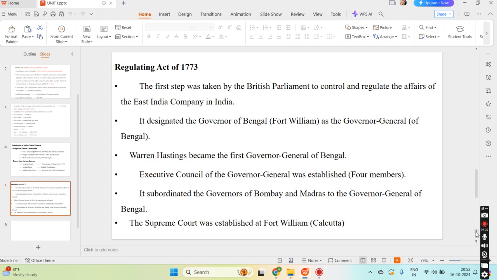And next is the Regulation Act of 1773. The first step was taken by the British Parliament to control and regulate the affairs of the East India Company in India. The second point is to designate the Governor of Bengal as the Governor General of Bengal. Next, Warren Hastings became the first Governor General of Bengal. The Executive Council of the Governor General was established. At that point a Supreme Court was established at Fort William. And next is the